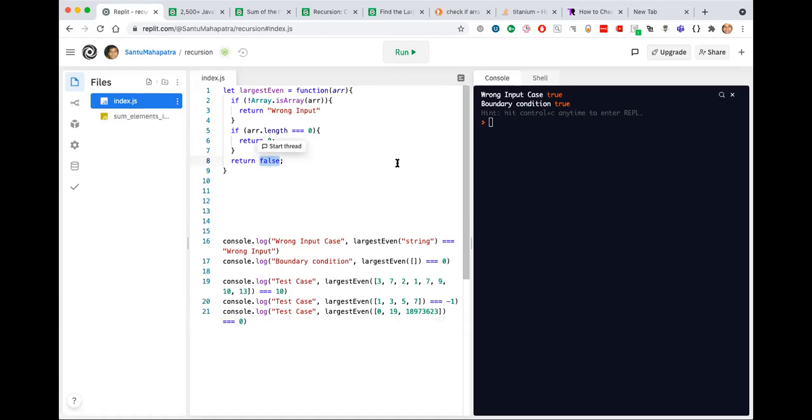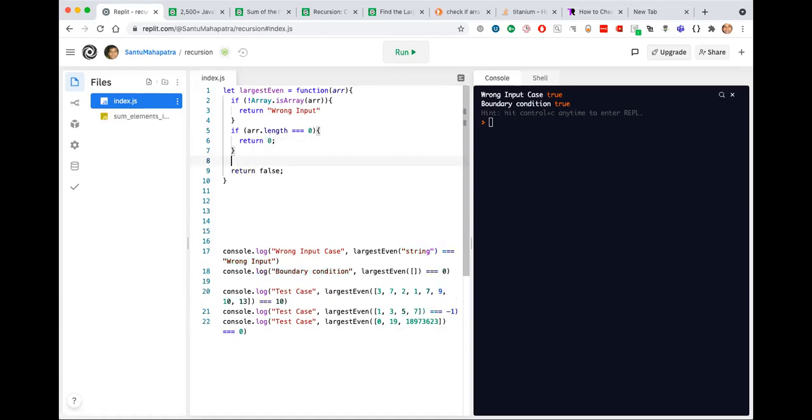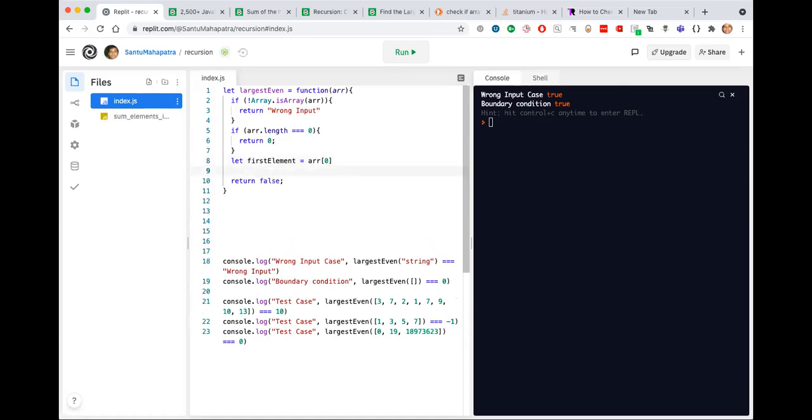So like we talked about, let's focus on the first element. If the first element is even, then we will do something, or else we don't even need to do anything.